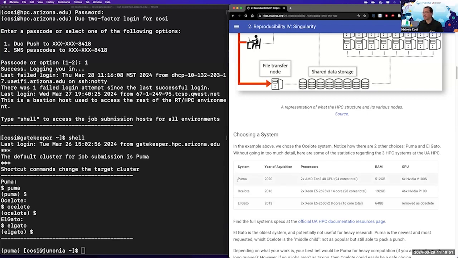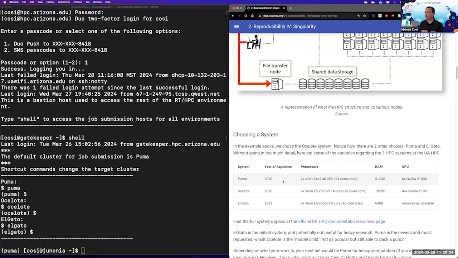Meanwhile, Puma is the newest arrival, and it's roughly 4 years old, and is, well, the fastest, the biggest, the strongest. I had the pleasure of testing Puma when nobody else was on Puma, and it was so incredibly fast. And then everybody joined in, and it was so difficult to get a node. So